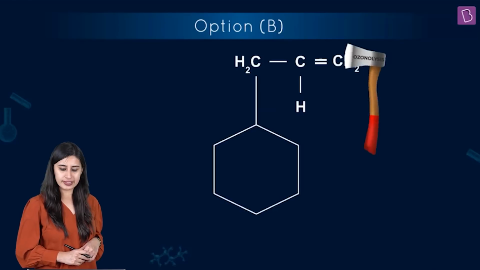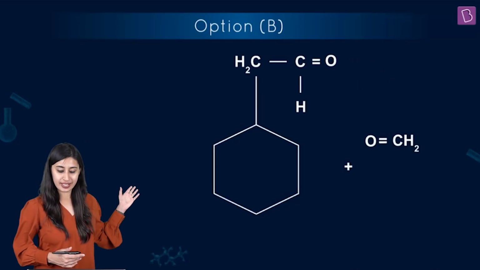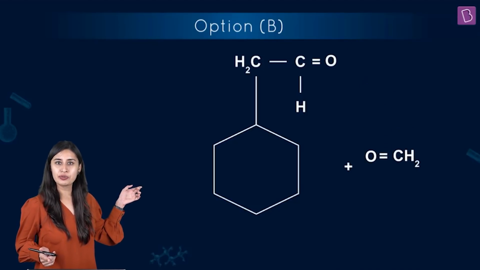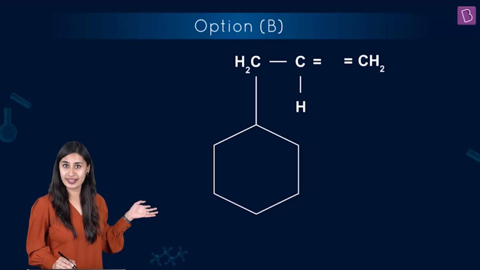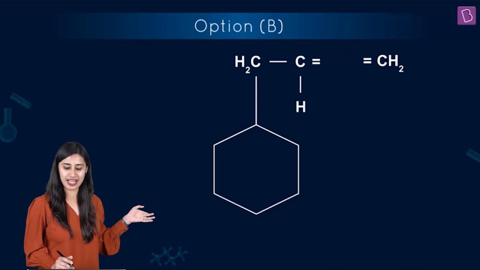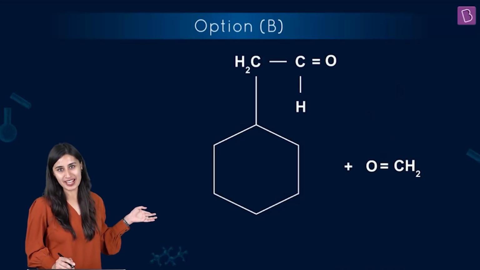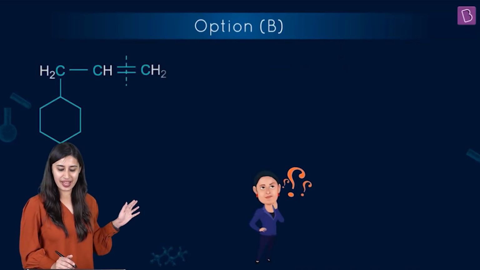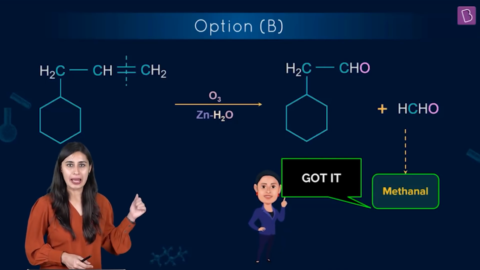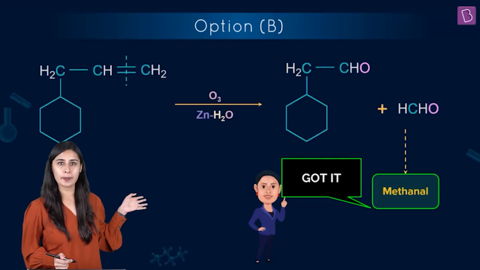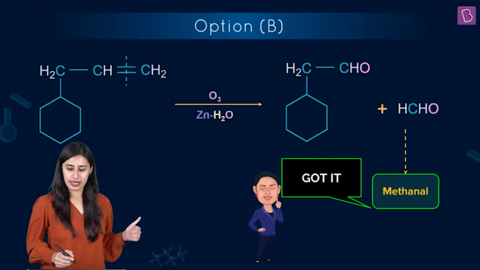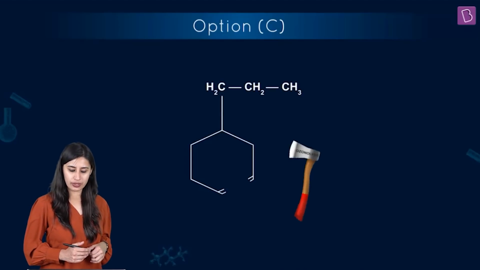The next one is this. Let's take our axe. Let's do the lysis. We get, hey, observe what we have just got. You are, of course, getting a CO, 2 hydrogens attached. That is HCOH. That means this is where you're getting, of course, the product that is asked in the question, methanol. So this is the particular option which will give you the right answer, but let's not put our axe of ozonolysis. Let's use it further for option C and check out what's going on here.